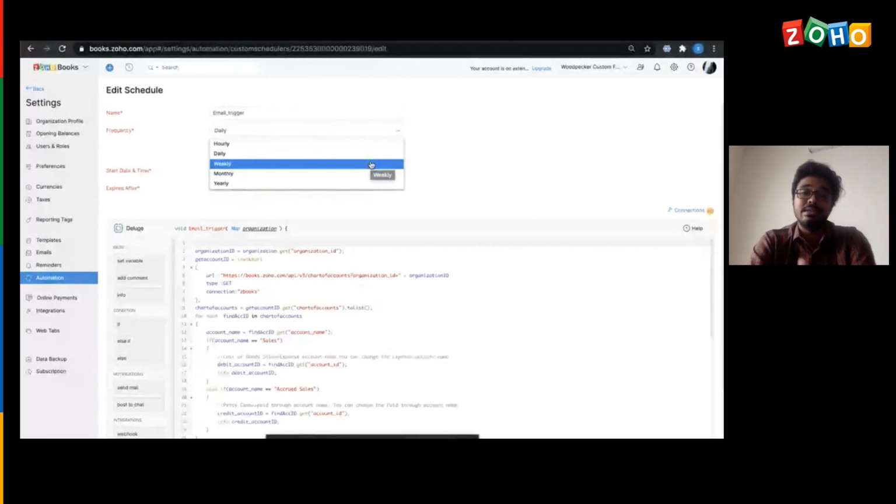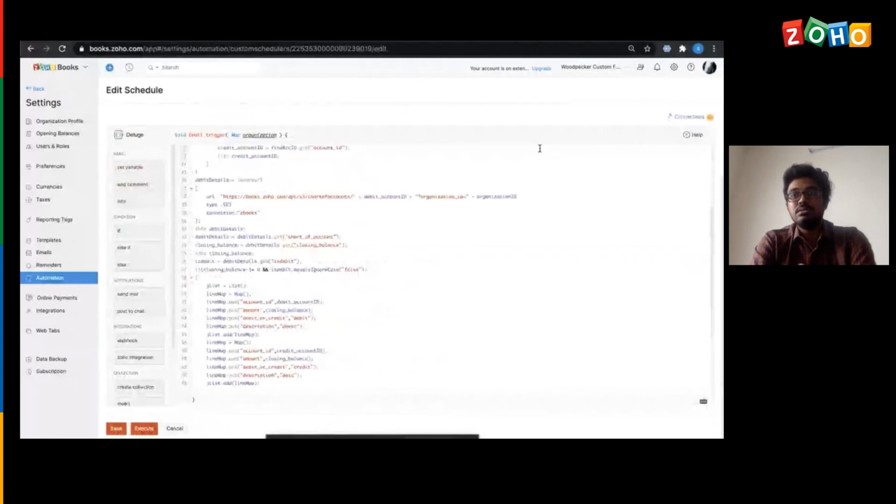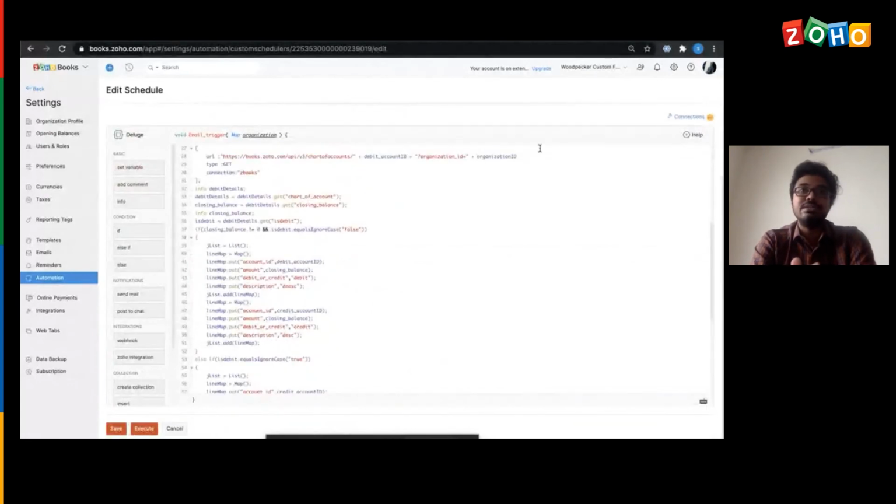It could be set as either weekly or monthly. So in a requirement where you wish to send over all the unpaid invoices to your clients on a specified time limit, we could make use of this custom scheduler option.